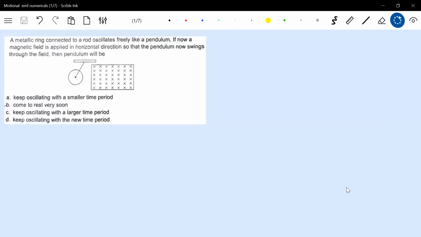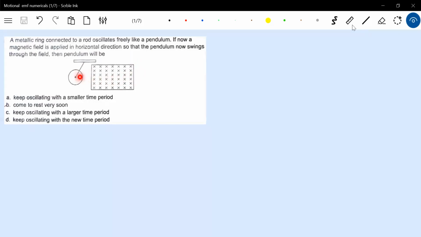Read the question. I'll discuss in the end. AC generator. You can read: a metallic ring connected to a rod oscillates freely like a pendulum. Now a magnetic field is applied in the horizontal axis, and the pendulum swings through the field. We know this is a problem related to eddy current. Can you remember this? So it is going to oscillate